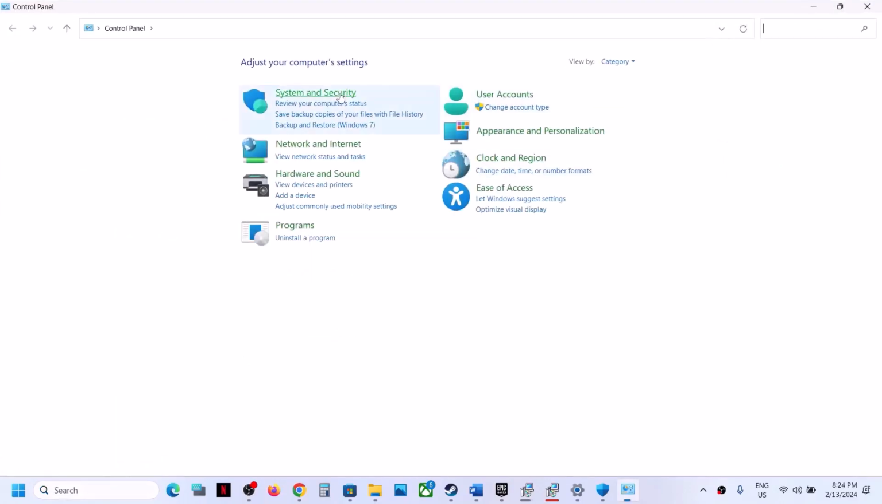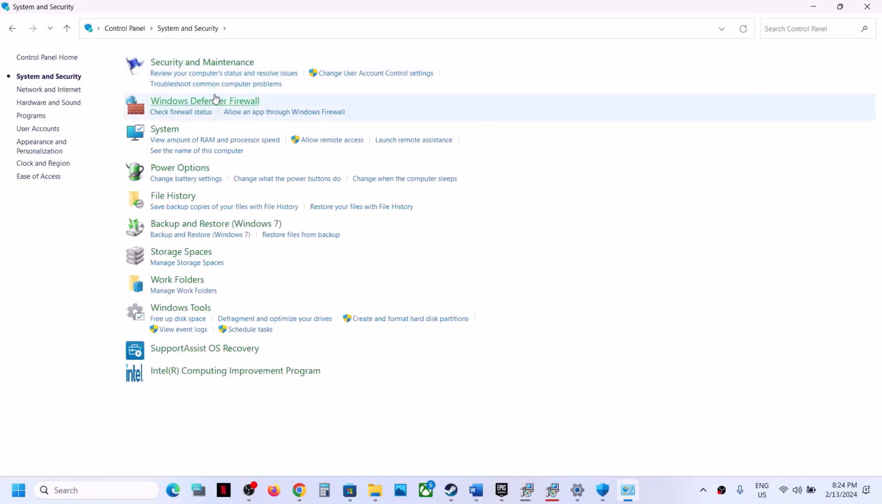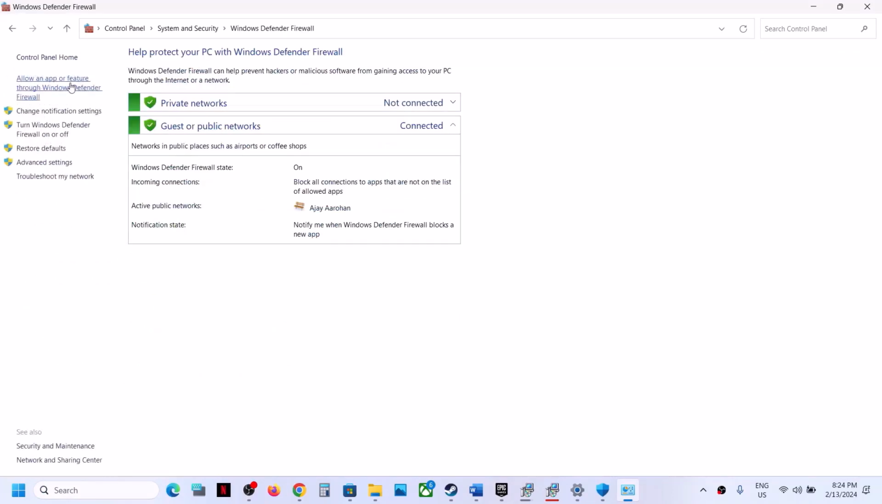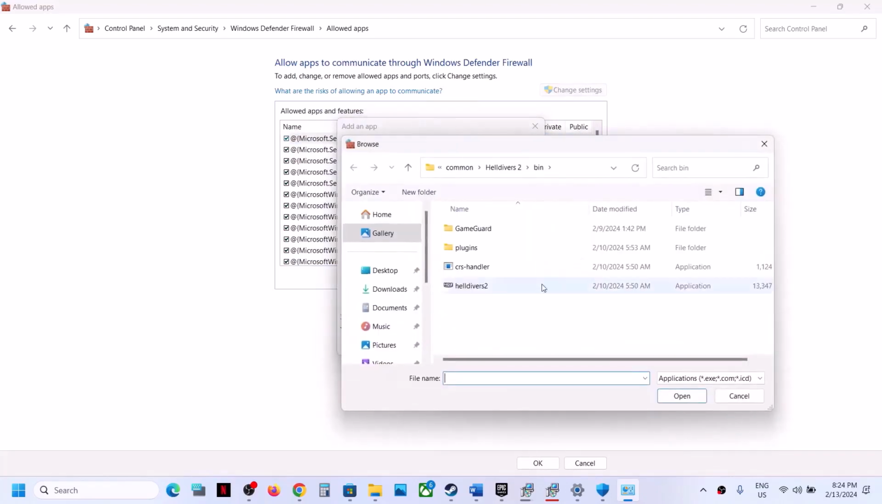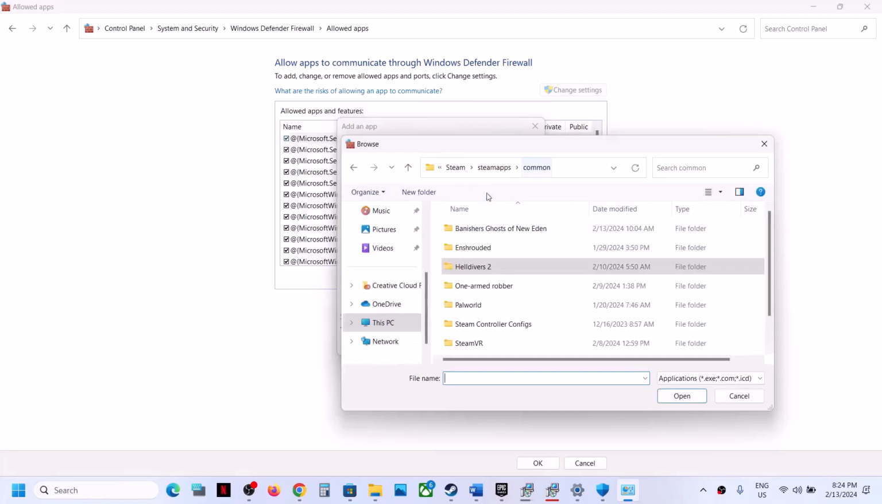Now go to System and Security and then Windows Defender Firewall. Now click on allow an app or feature through Windows Defender Firewall. Click on change settings on the top. Click on allow another app, browse all apps, and then again open the game folder